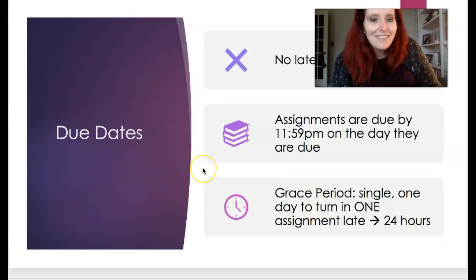Due dates. If you notice on Canvas, I do not accept late work. You have plenty of time to get all of your assignments done, and assignments are due on any given day that they're due. So if it's due on a Sunday, it is due at 11:59. If it is not turned in, it'll disappear from the Canvas. You can't submit it. So please make sure that you are on top of your work and get your assignments in